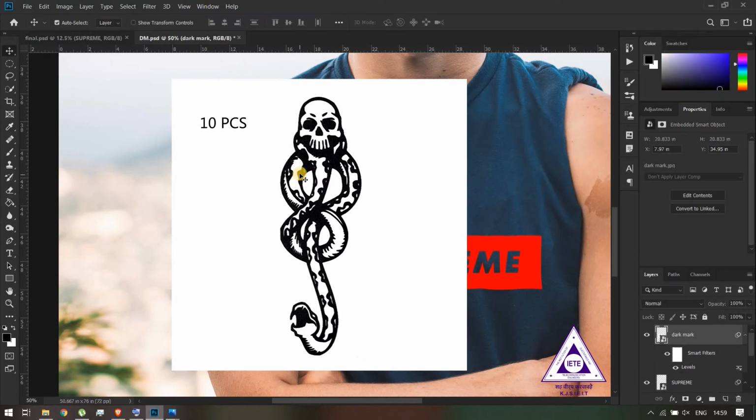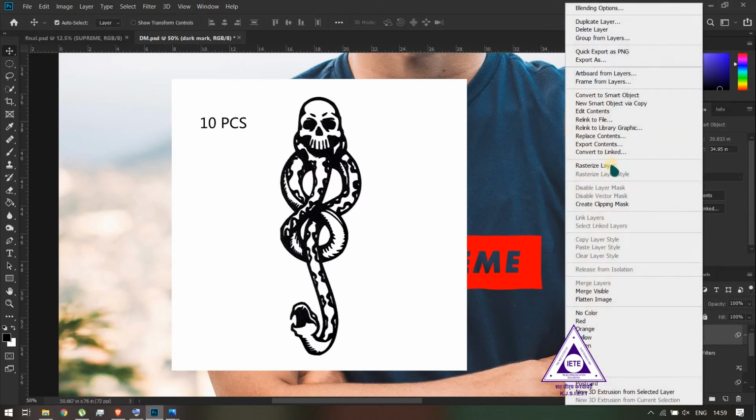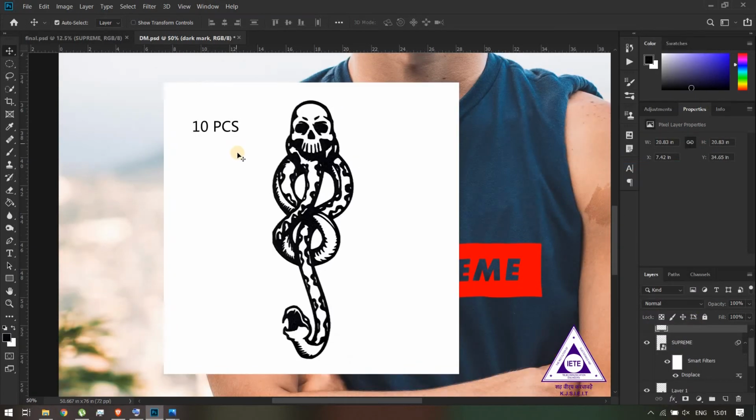So now I'll select the part I want, but before I do that, you can see that the effect I had using the levels was created using a smart object, and in a smart object the selection becomes confusing. So I'll rasterize this layer. If I right click on this layer and click on rasterize layer,